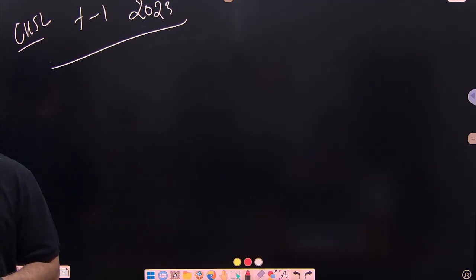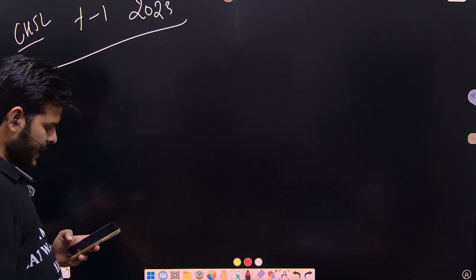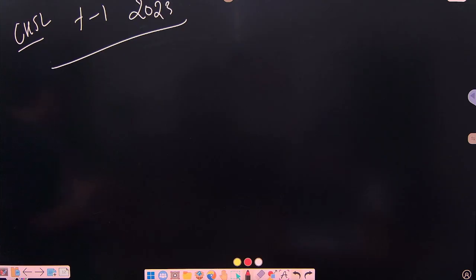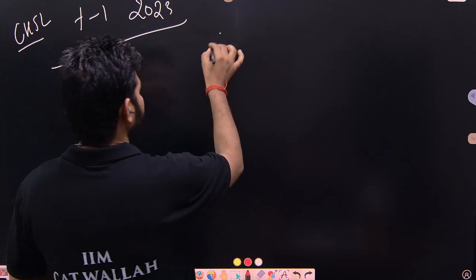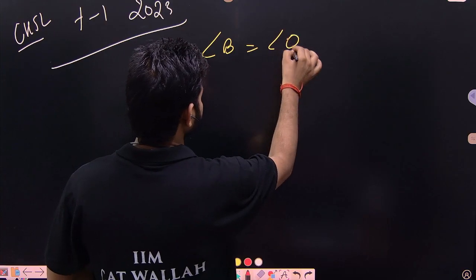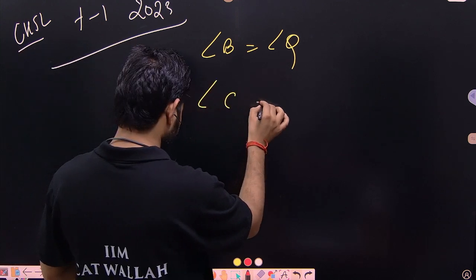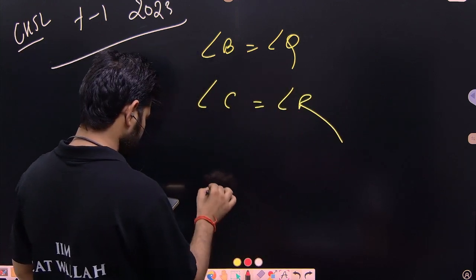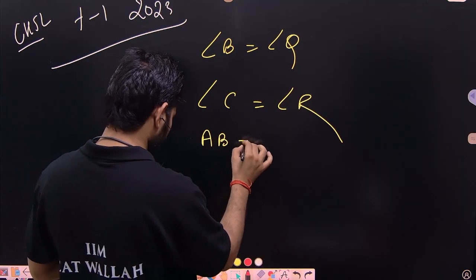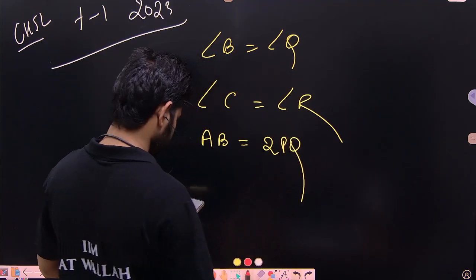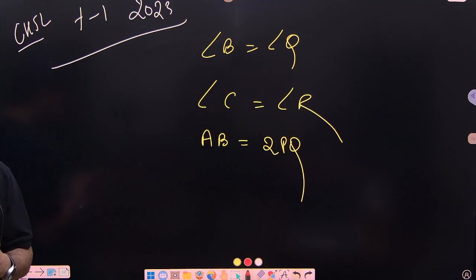In triangle ABC and triangle PQR, angle B is equal to angle Q, angle C is equal to angle R, and AB is equal to 2PQ, then there are two triangles,